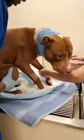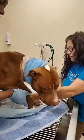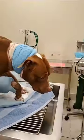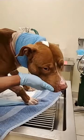Come here. I know. So what I'm going to do first is take off his bandage, and then I'll clean the edges, let it dry, and while it's drying, I'm going to set up for the new bandage. Good boy, Red. I gave him an extra dose of his pain medication before, just in case it's uncomfortable when we have to move his